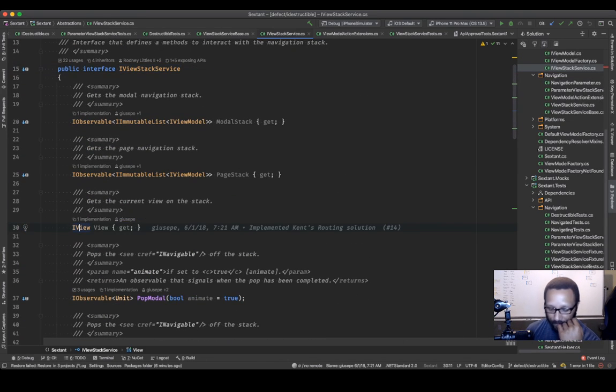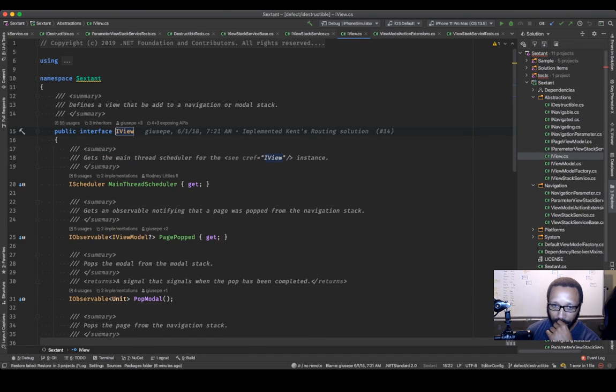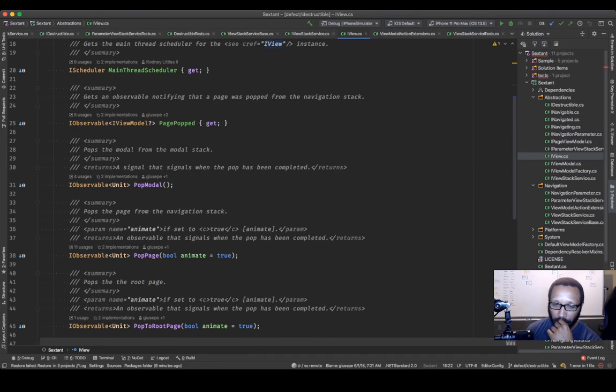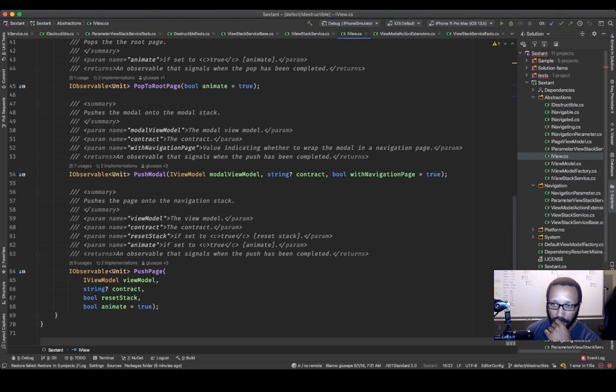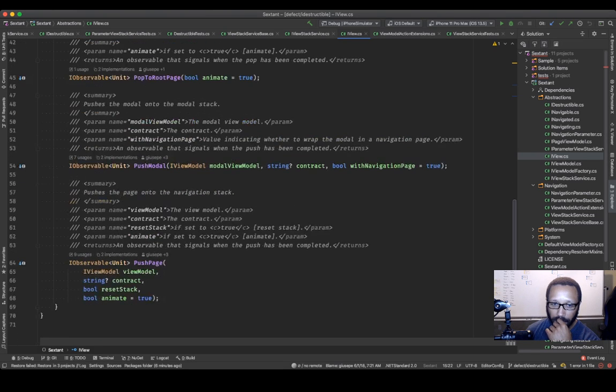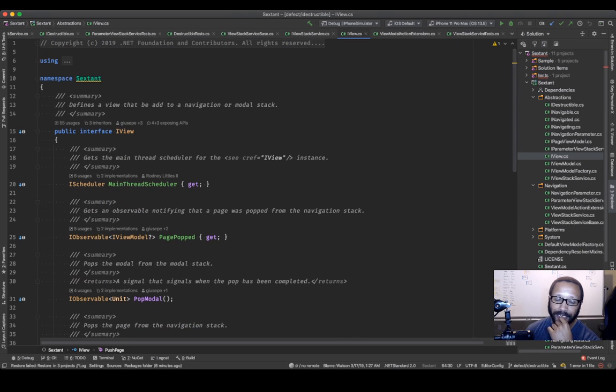So we just inject this iView, and then we let you do the things. What I'm realizing now these days with navigation is the best push page. Okay, I do have access to it here. Like I was saying, one of the things I'm leaving on the table is that Xamarin Forms actually provides a number of platform level navigation events that I'm not tying into. So from a reactive perspective,